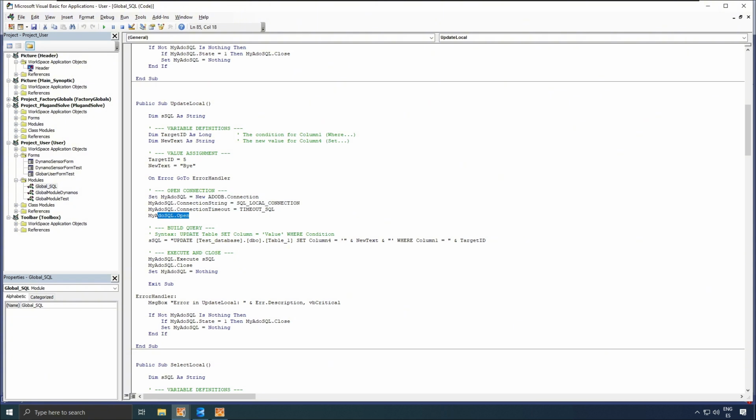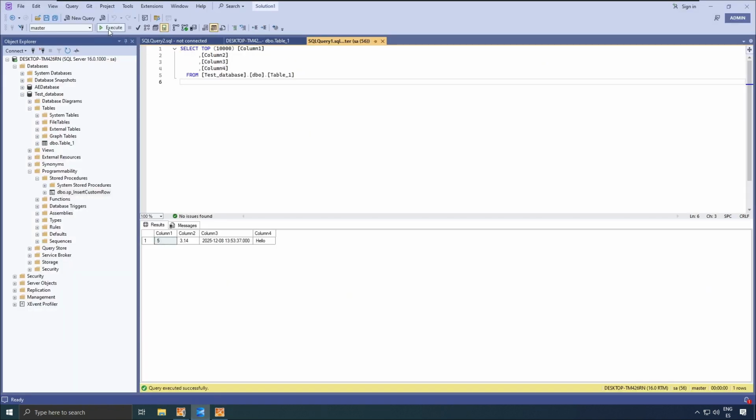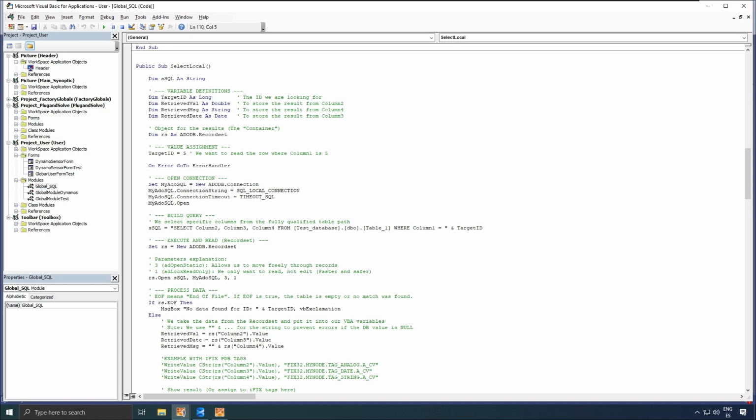This part is exactly the same as in the previous insert case. Then, we construct the query where we use the update instruction pointing to our table, and we ensure the rows are updated as we previously defined. Finally, as in the previous example, we execute the query and close the connection. If we try to execute this function, we can verify that it has indeed updated the row we inserted before, changing the text from hello to bye. With the select local function, we will look at the functionality for querying data from a row in our table